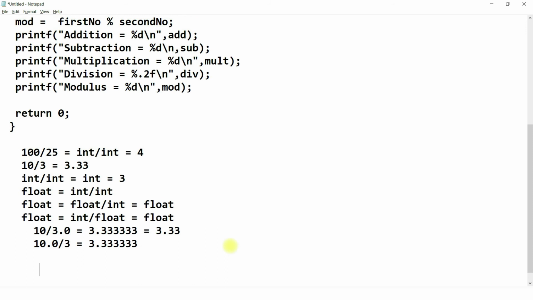Let's take the numbers 3 by 4. The result of 3 by 4 is 0.75. The remaining 4 decimals will be zeros. Now, if we write dot 2f, the result will be 0.75 only, because the third number is 0, it is below 5. Let's say for example, we want only 1 decimal. Then it will check the second number, it is 5 or above 5. Then we will get 0.8. It means this number will be rounded, which is 0.8.